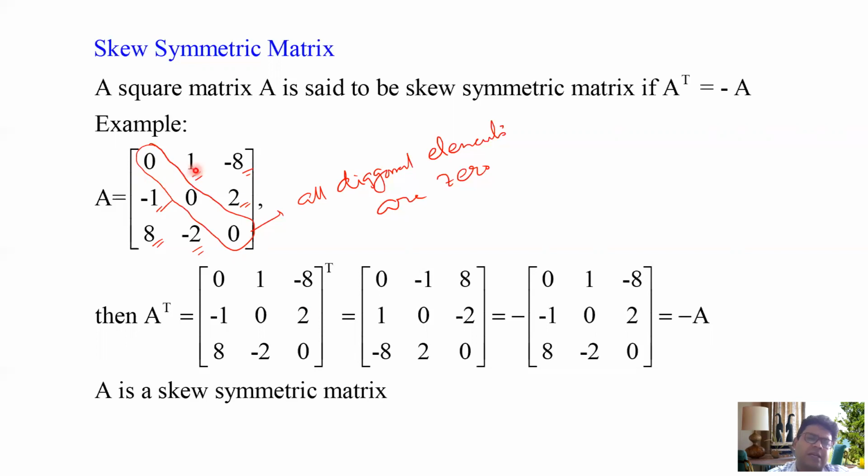So try to understand, here it is a 1, reverse sign is -1. Here it is a -8, reverse sign is +8, and so on. But they are images. So similarly 2, -2. So this is the checking by which you can understand whether your matrix is symmetric or skew symmetric. I repeat once again, in a symmetric matrix, except diagonal elements, all elements should be a mirror image. And in a skew symmetric matrix, all diagonal elements must be equal to 0, all, and mirror image with reverse sign.